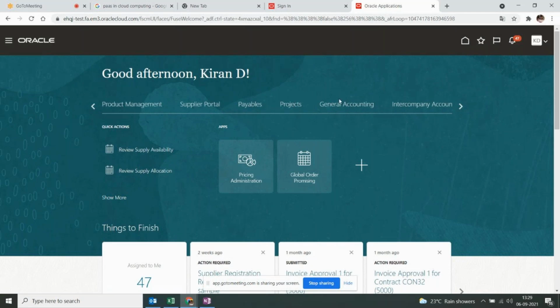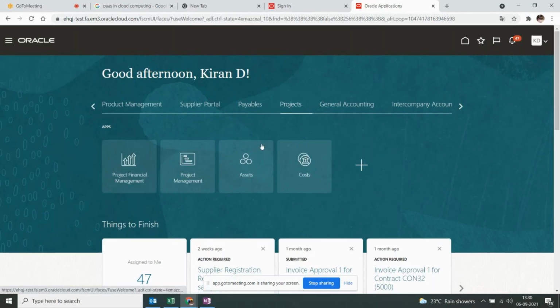These are all the different modules or offerings you can see on the home page. Again, within each offering or module, you can see the work areas: project financial management, project management, assets, cost. I will explain what each work area contains. Don't worry about that.